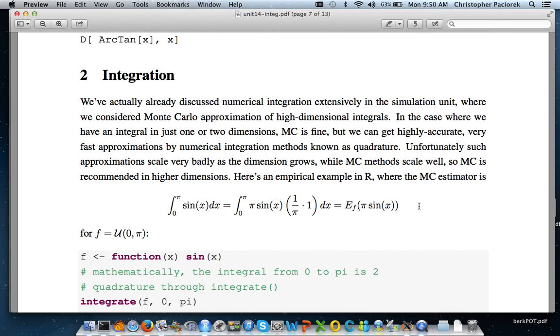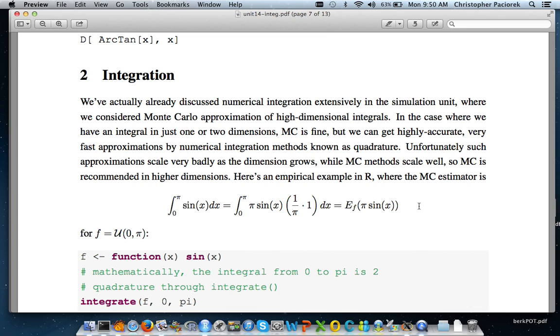The sine function, well, I could think about that as h of x being the sine function, and then f of x being a uniform density from 0 to pi. So I'm just going to introduce the density by manipulation. Okay, so if I want to have f of x here, well, I know that the uniform density from 0